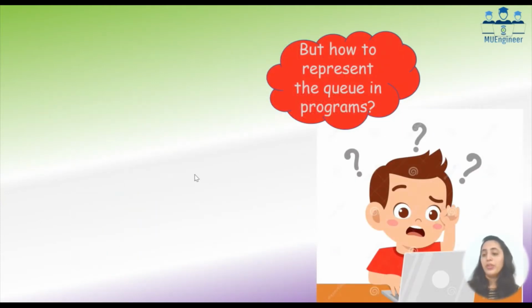Next, I want to write a program for a queue, but in what way should I make a queue, because queue is not a proper data type given to me? I have to use some other data type. So which data structure, which data type will I be using, and how will I generate the queue? Yes, that is an obvious question.